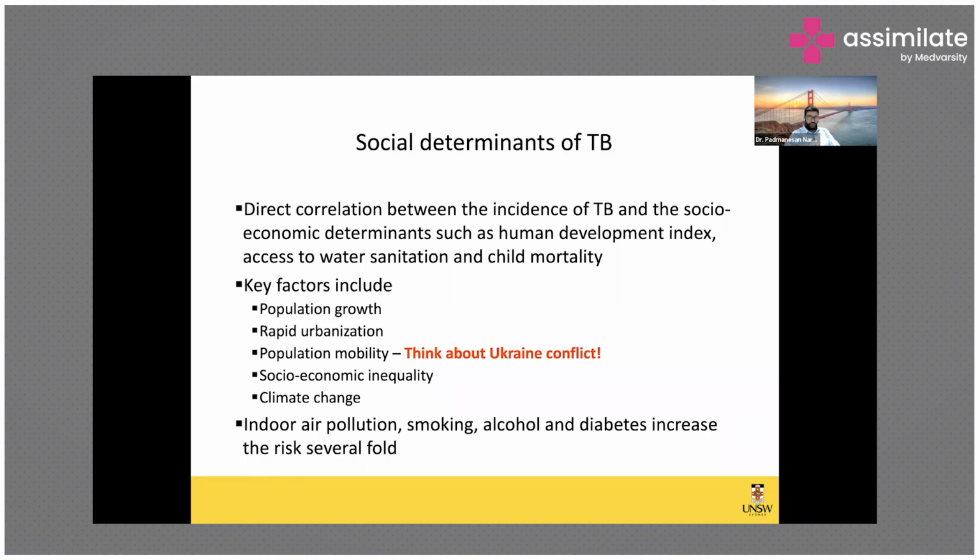One of them is population growth. And as population grows, you have more people getting exposed to infection, bacilli, and then more people getting progressed to latent TB infection. And then there is a big group of people waiting to become active TB disease. So all of these are important. And some of the things which are vital from an Indian perspective is rapid urbanization. We now know that urbanization is occurring at an unprecedented manner.